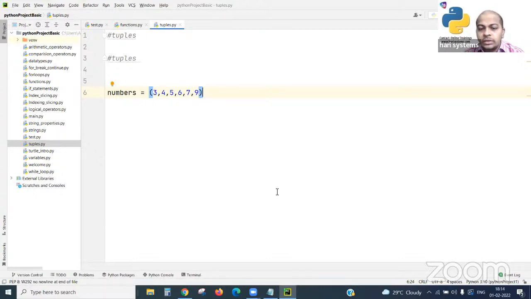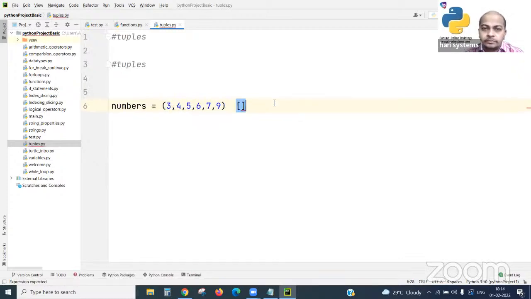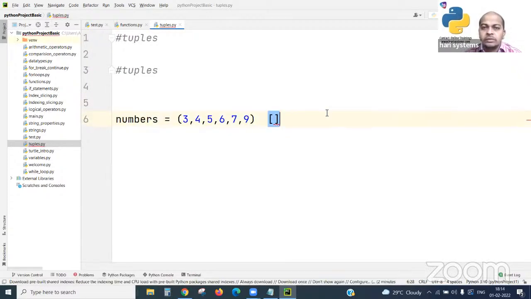See the list items we have seen, with square brackets. Now it's clearly visible: a tuple uses parentheses instead of square brackets. That is the only major difference between list and tuple, by seeing and identifying what is a tuple and what is a list.